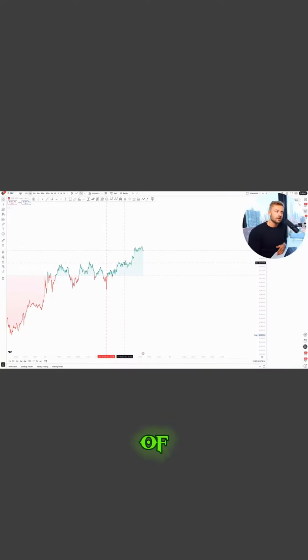I made almost $5,000 in one single trade. That's not to brag, that's just to showcase the opportunities that come with it if you lock in and learn something like this. Obviously we don't have a crystal ball, but instead of just guessing random areas to get in with random amounts, now we actually have a framework to be able to treat it like a business and ultimately make profit over time. All right, so let's